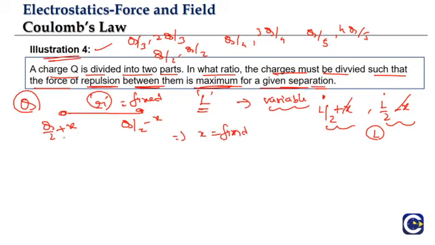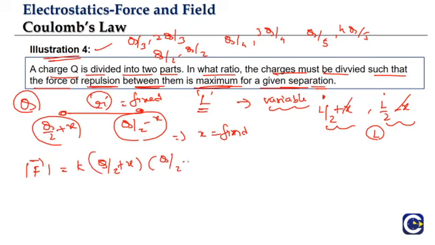So here, since the two charges are q by 2 plus x and q by 2 minus x, the separation between them is fixed. That also they didn't give. So let us assume that r is that fixed separation. The thing is, r must be a fixed value. It should not change. As per Coulomb's law, the force magnitude between the two parts is k into, if we take q to be positive, then modulus will be as it is, q by 2 plus x and q by 2 minus x divided by r square.